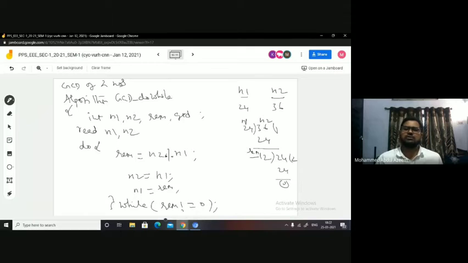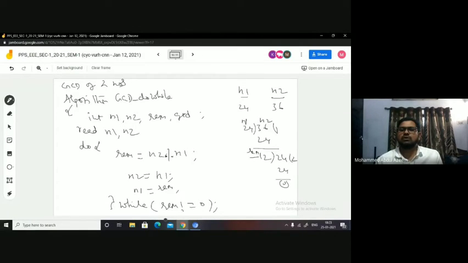Space is no more a criterion because you have a lot of space available these days. Fine. But still, if you're going for very huge, complex programs, there probably space also will be taken into consideration. But otherwise, time is a more important criterion with the help of which I can judge the efficiency. So in order to assess the efficiency, I'm using time here. In case of time, do while is going to perform better for me, right? But you have seen there the result was being made available in N1. Now it is in N2, because we can just trace the algorithm and see.